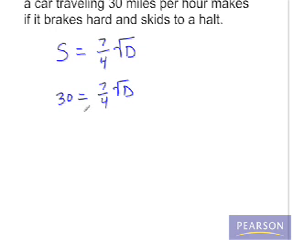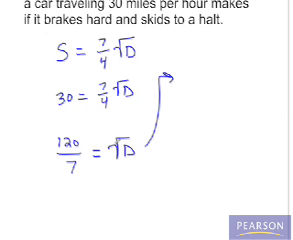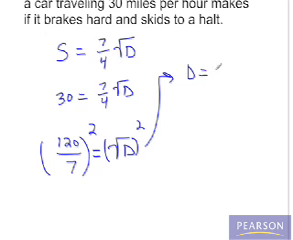So multiplying both sides of the equation by 4/7, or dividing 30 by 7/4, we get 120 over 7. That is equal to the square root of d. We'll go ahead and square both sides of this equation, raise both sides to the second power, and that would give us d is equal to 14,400 over 7 squared, which is 49. So one correct form would be 14,400 over 49 feet,